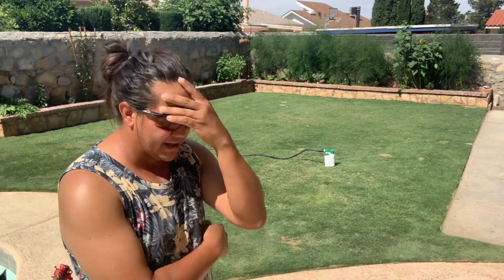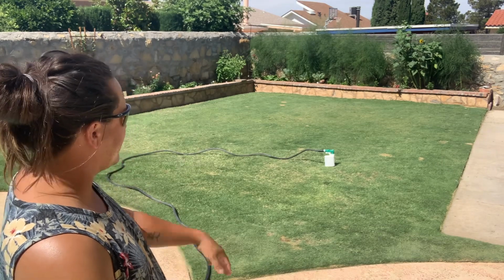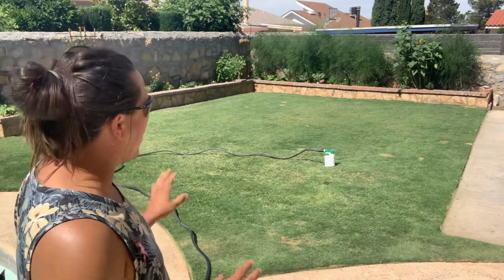So you guys been following the channel, you know I haven't done any fertility applications yet. The only things I've been applying is the biochar. We've done humic acid, biochar. We did a core aeration on that side. We did a liquid aeration on that side. And to be honest, you can't even tell the difference between the two sides right now. It's wild. And we've also done a